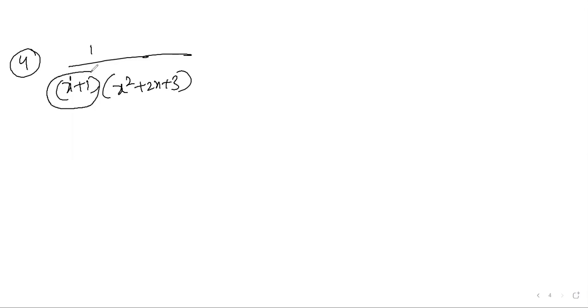Next, 1 by, previously what I wrote, example I wrote 1 by (x plus 1) into x cube. Now I am writing one more: x square plus 2x plus 3. This is one more model. What is the order here? One, for this simple factor. So for this we can write A by x plus 1.